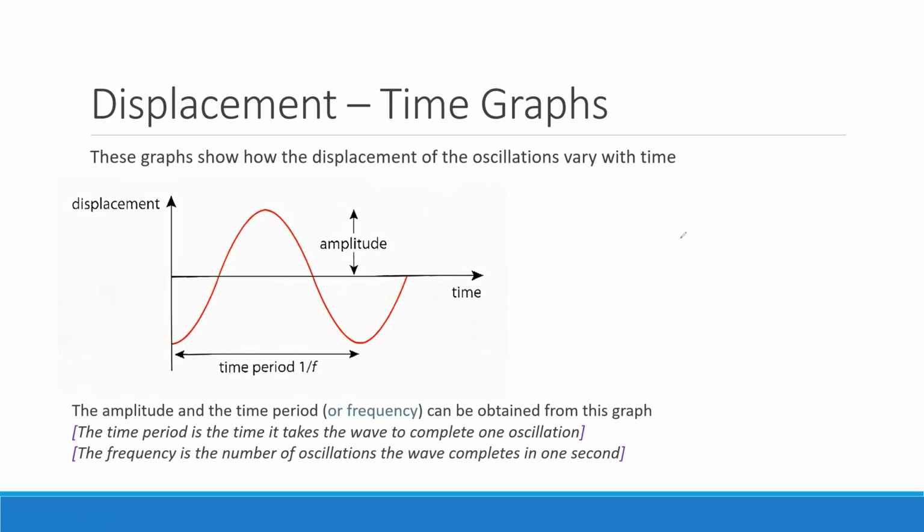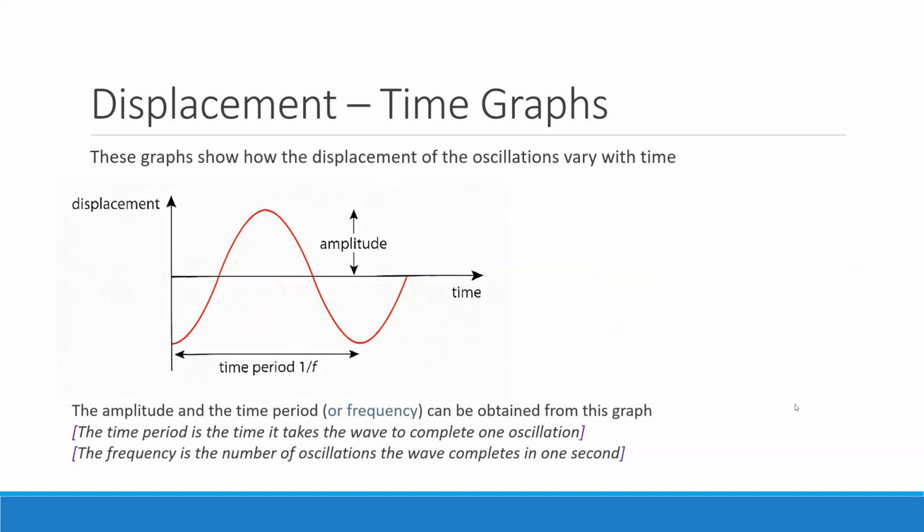In a displacement distance graph, yes, you can extract the wavelength because the x-axis tells you the distance. So you could work out the distance from where the wave started to where the wave ended. So therefore, you could get the wavelength. However, in a displacement time graph, it doesn't give you the distance, it gives you the time instead. So you cannot extract the wavelength. Likewise, you cannot extract the time period from a displacement distance graph because it doesn't tell you anything about time. So keep that in mind. However, from both graphs, you can take the amplitude. You can take the displacement.